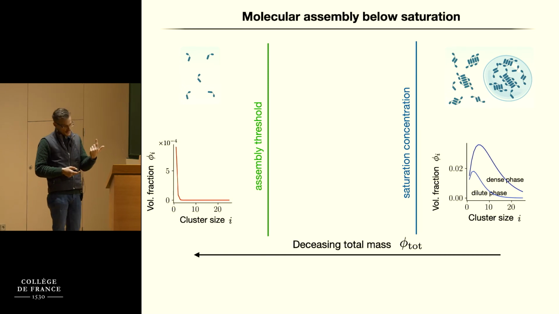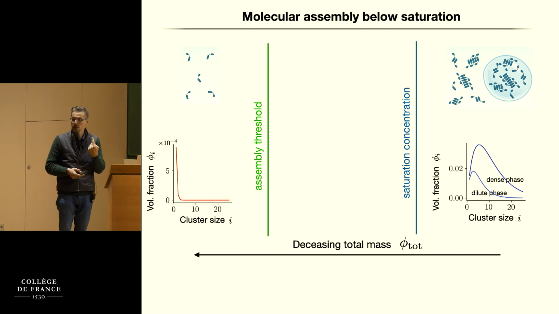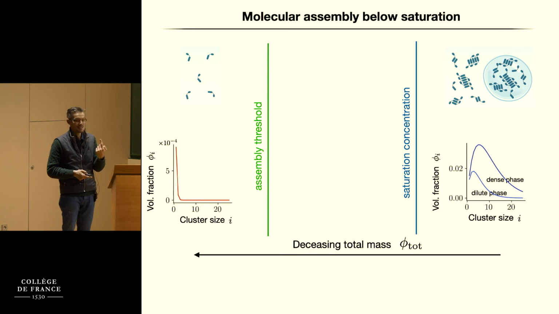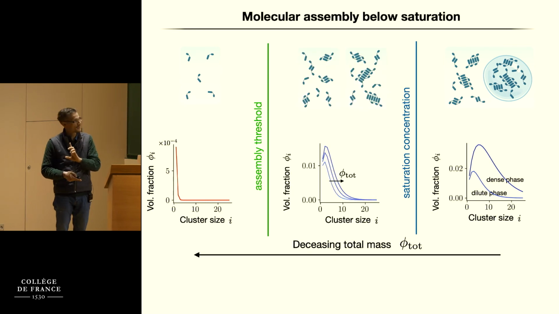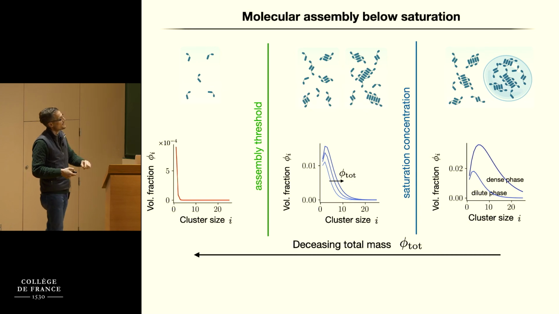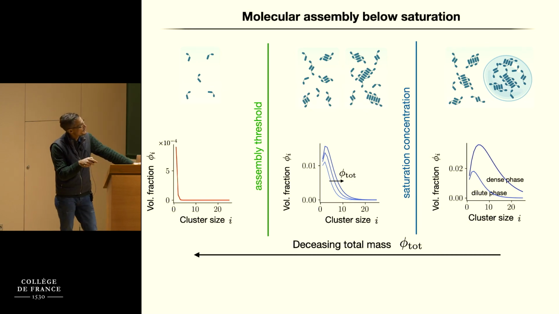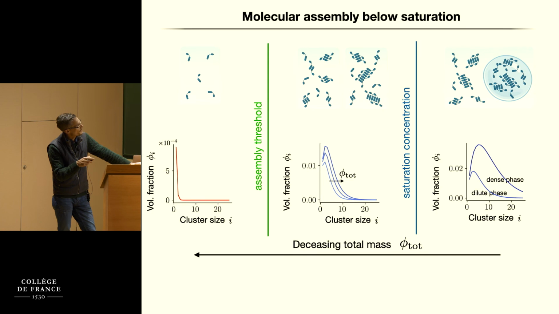If you now increase the total concentration again, you go through another threshold. It's called the assembly threshold. I call it a threshold because it's not a phase transition, right? But something interesting happens now when you carefully account for the interaction among the components, even though they remain homogeneous. So, for example, here, these are different size distributions for increasing phi tot. You get bigger and bigger aggregates, but you see there's a clear maximum in each, right? So you form